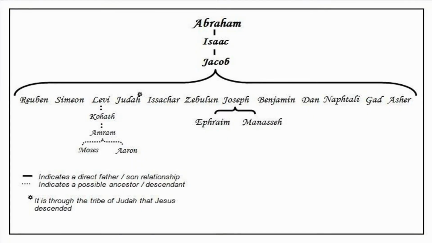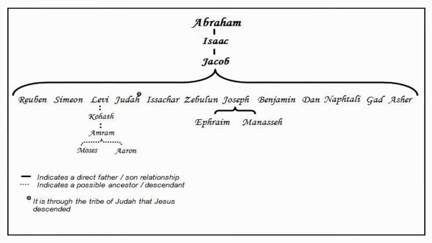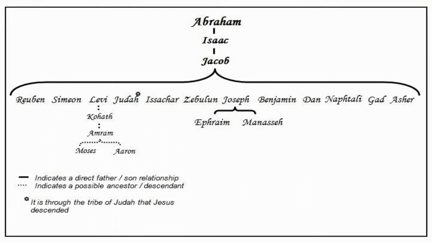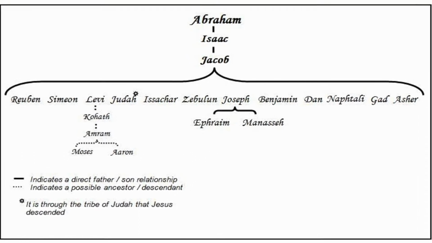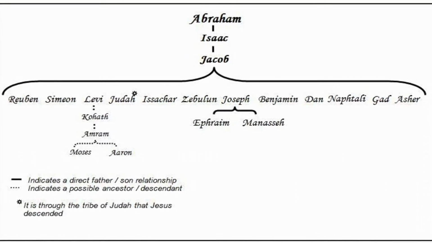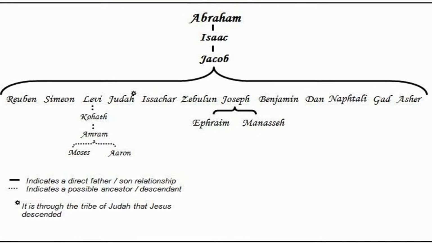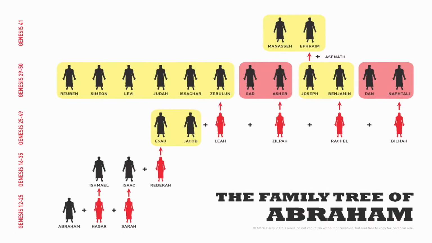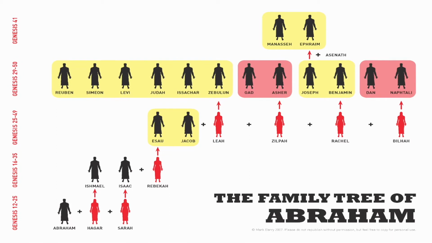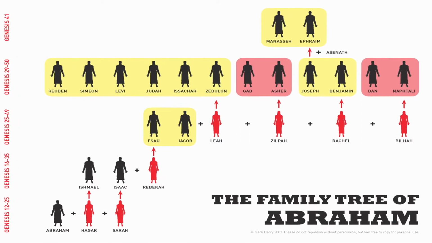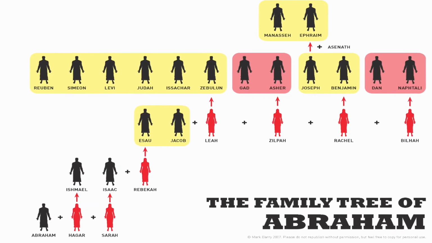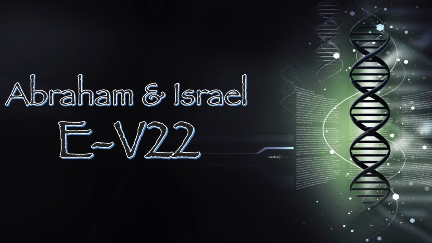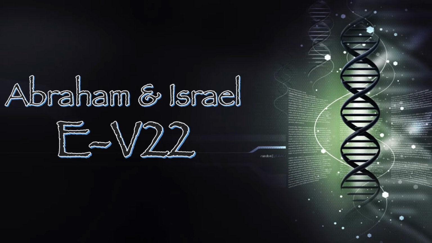Abraham's Y chromosome would have been passed down to his son Isaac, to his grandson Jacob, whose name was changed to Israel, and then the Israelites themselves, who paternally descend from Abraham and will carry his Y DNA haplogroup. With that being said, let's look at the first and one of the best candidates, in my opinion, for Abraham and the Israelites' Y DNA haplogroup. Abraham and the Israelites could be a downstream of